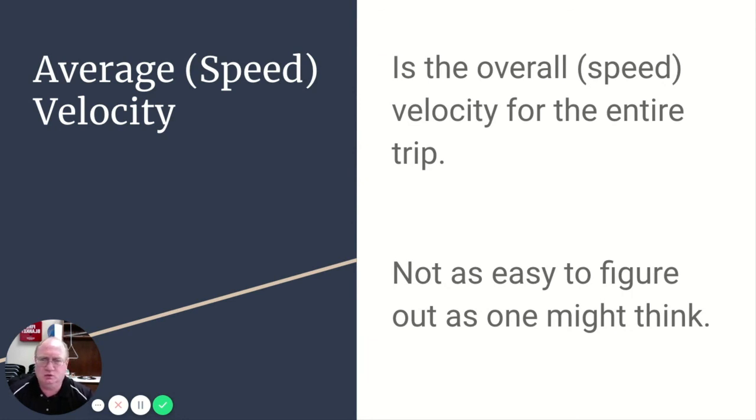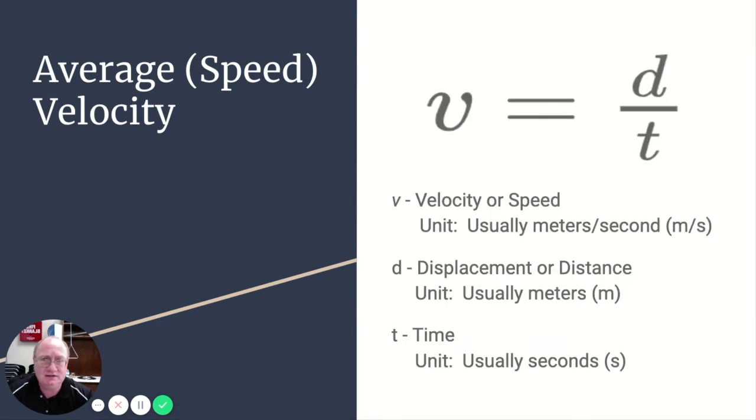If we have driven 20 miles per hour for maybe 4 hours and 10 miles an hour for just 1 hour, that will pull the average up to a higher number, closer to 20. And so we have to take into account how long we're at a certain speed. So one way we can do that that will always work is to take the total distance divided by